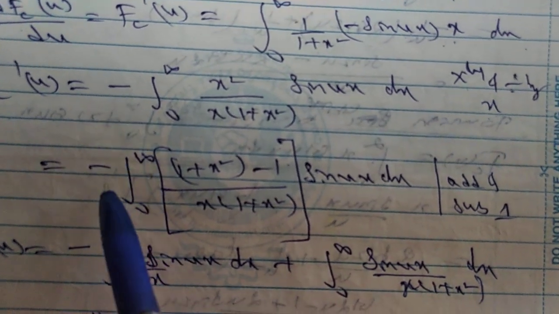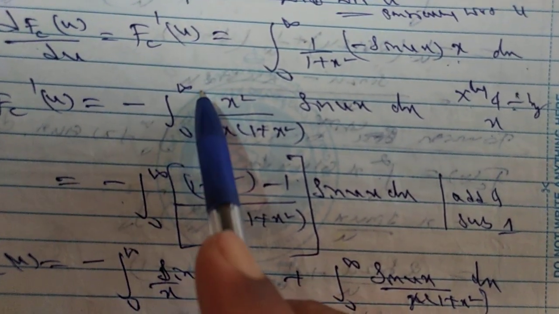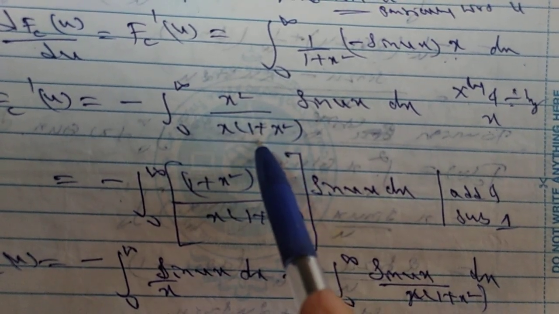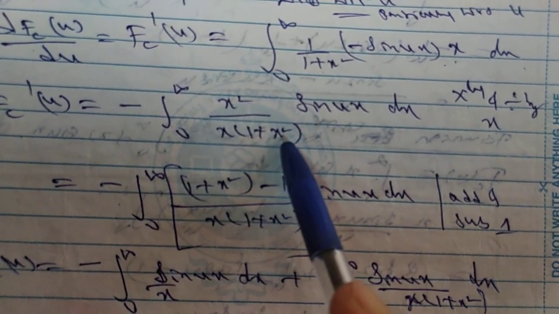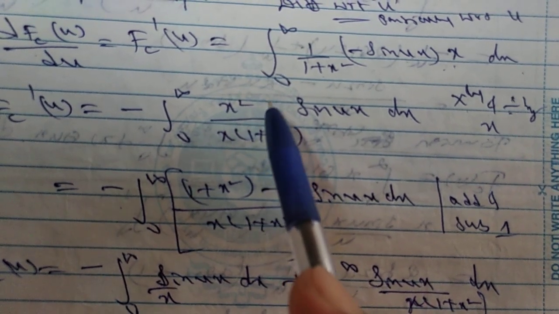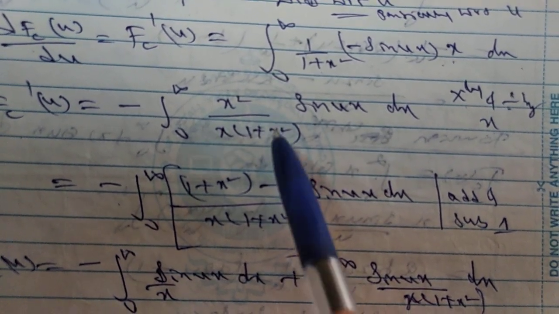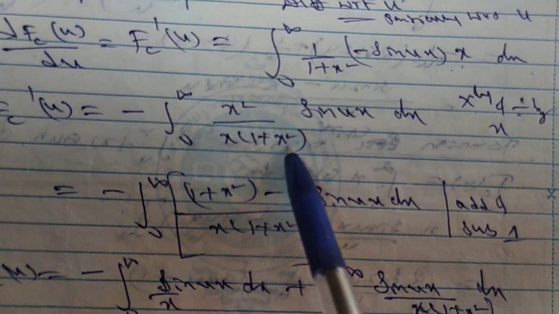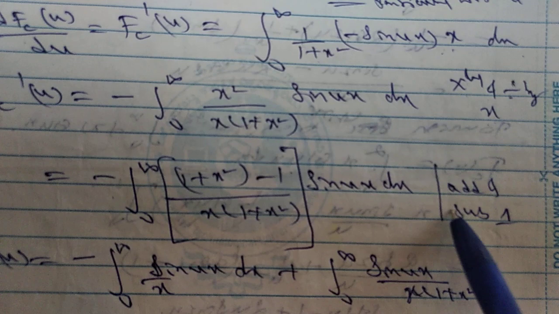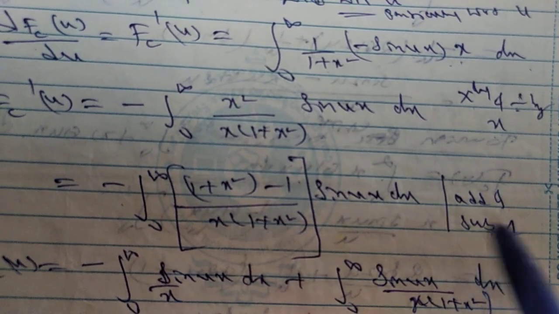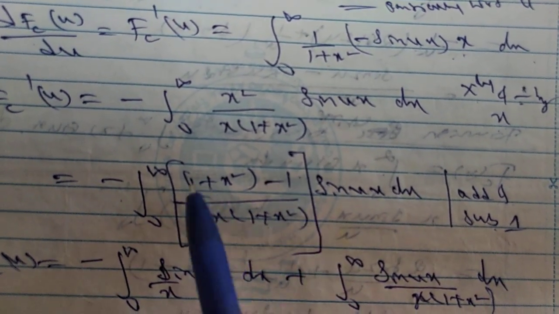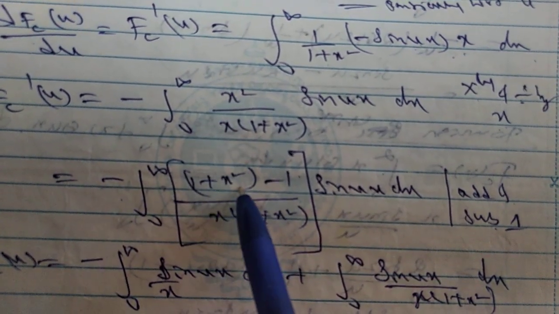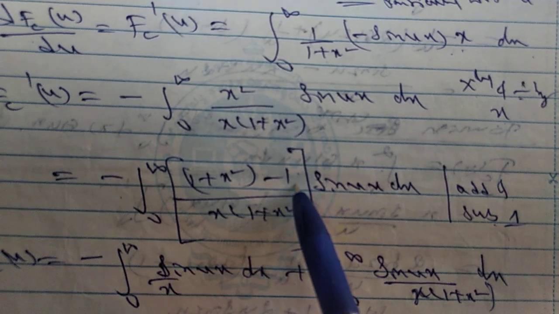So minus you have to write as it is. Integral of 0 to infinity. See, here x square is there. In the denominator, what is that term? 1 plus x square is there. Here also we want 1 plus x square, because one term becomes cancelled. How to make x square into 1 plus x square? By adding and subtracting 1 in the numerator. So plus 1 minus 1; plus 1 minus 1 cancel, we get the same term. So here 1 plus x square minus 1.